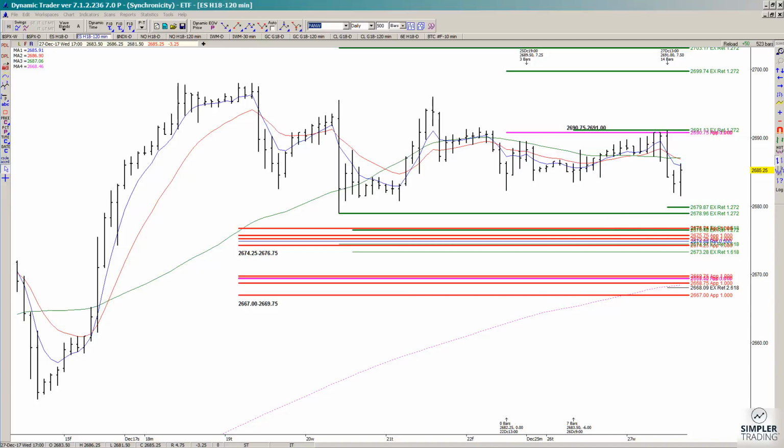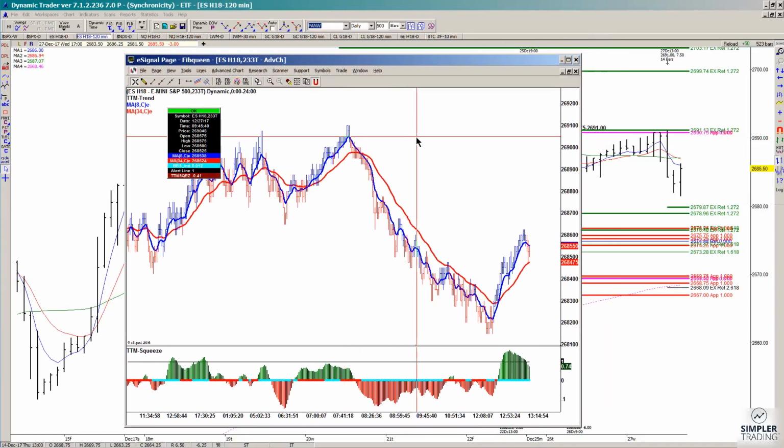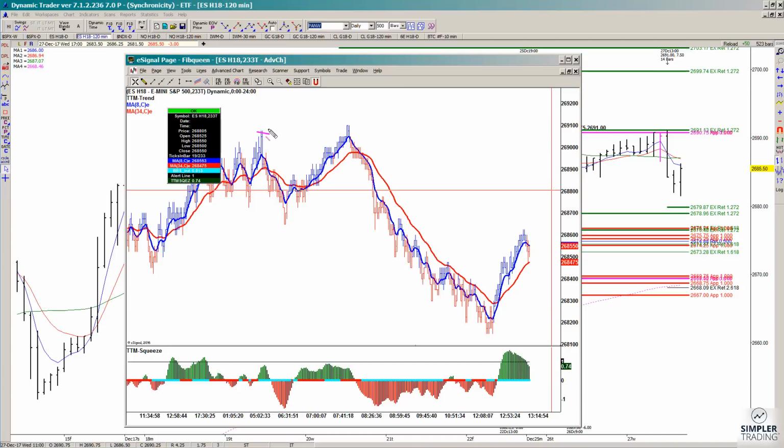So let me remind you that we use triggers with these zones to tell us whether or not it's worth placing a bet. So when we tested that area of resistance, we actually had two tests of it. We had one here, where it got the slightly lower end of the resistance, and we did end up having a sell trigger there, but then it did come back. It did not take out the resistance, but then there was another sell trigger against the retest of that area up to the